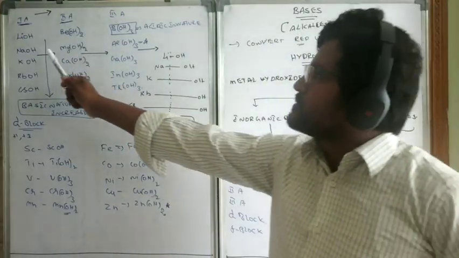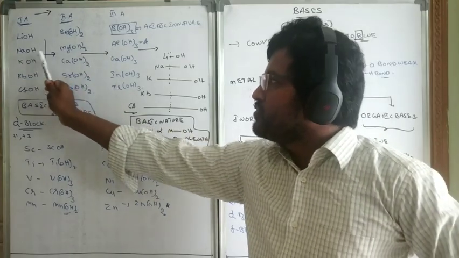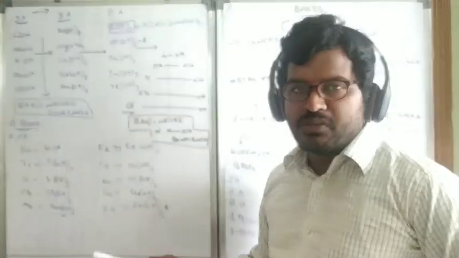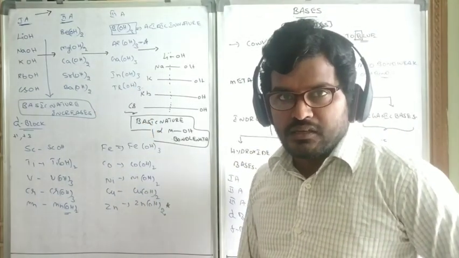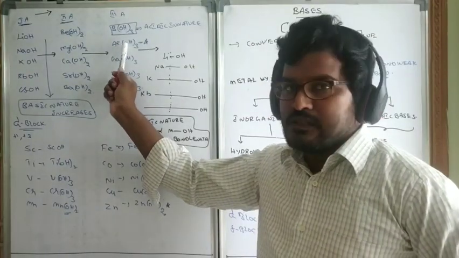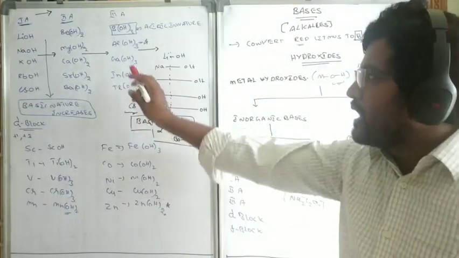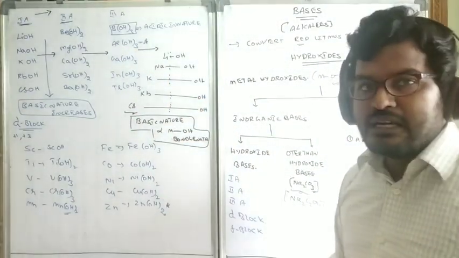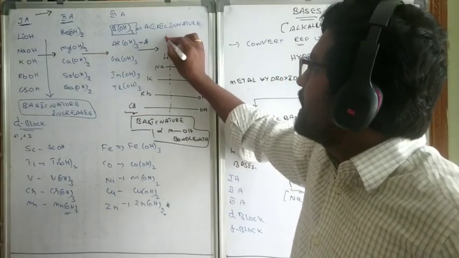So see, sodium, magnesium, aluminum. As you move from left to right in the periodic table, the size of the element decreases. As the size decreases, the bond length also decreases. Since the bond length is decreasing, automatically the basic nature decreases. So when you move from sodium to aluminum,